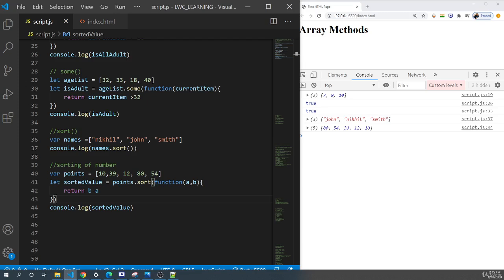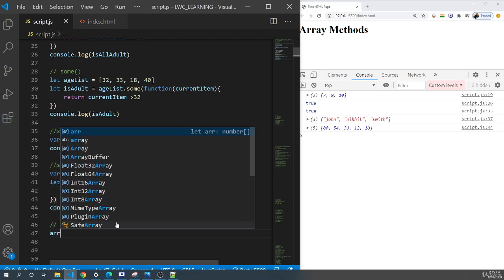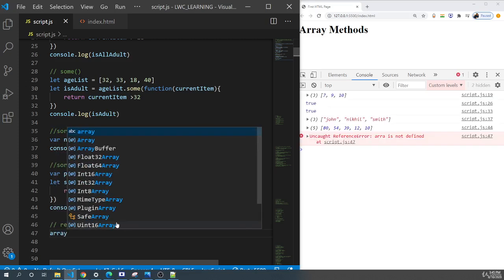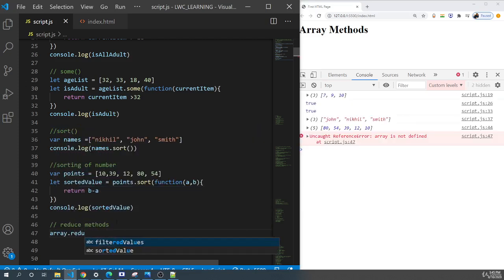Let's move on to another method, that is the reduce method. This is also a very powerful method, and this method helps us reduce the values into a single value. It follows the same syntax as map, filter, every, and others, but there is a little tweak in the syntax, not exactly the same. So its syntax is something like: the array on which you want to apply the loop, then the reduce method, it takes the function,